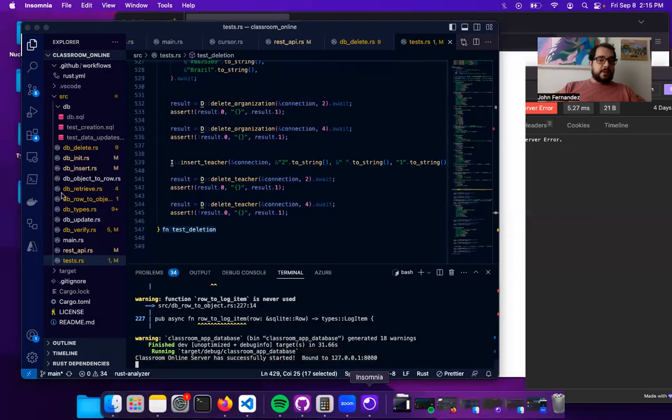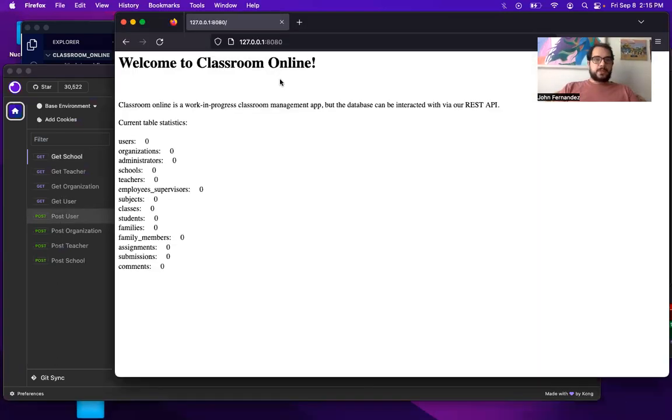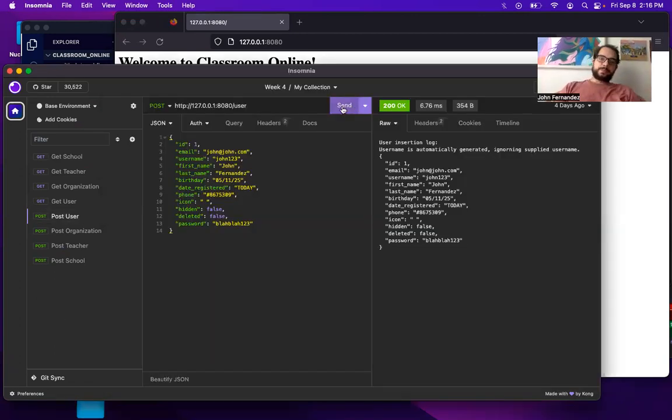We have to post some users before we do anything. In fact, let me show you the front page. If you go to the URL that the server is bound to, it tells you the table statistics for each of the tables. Currently, no users, no submissions, no assignments, no family members, etc. But if I post some users,